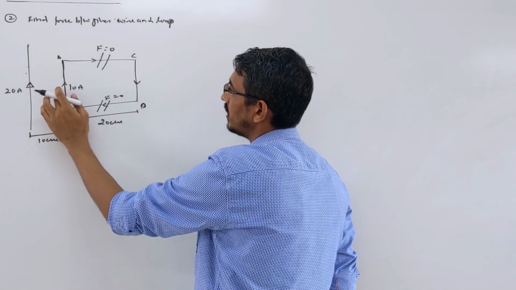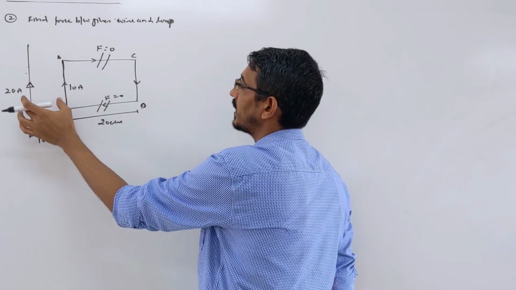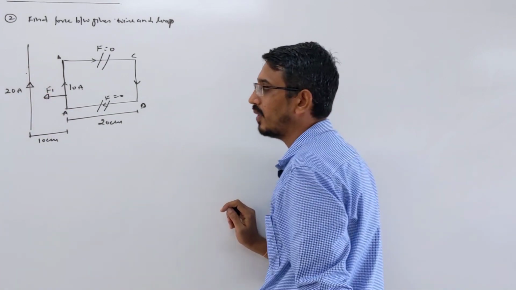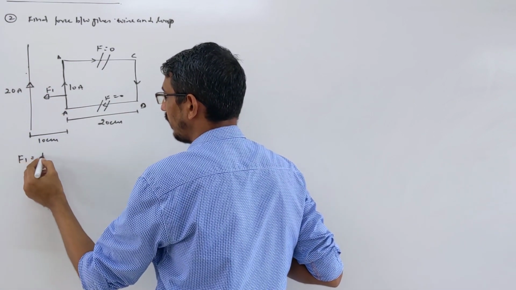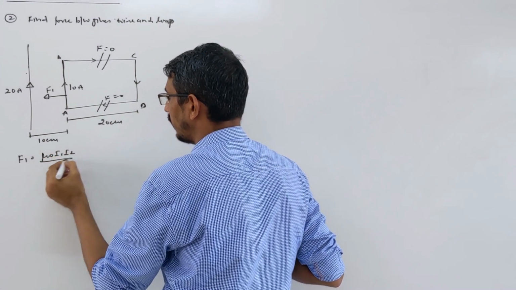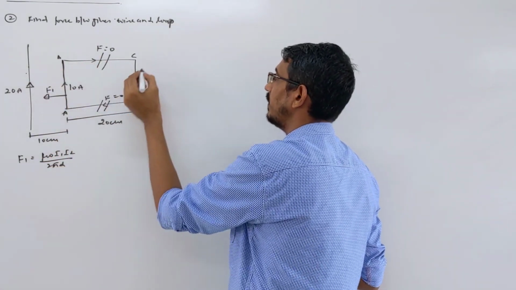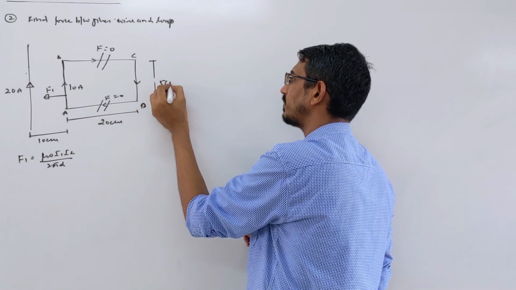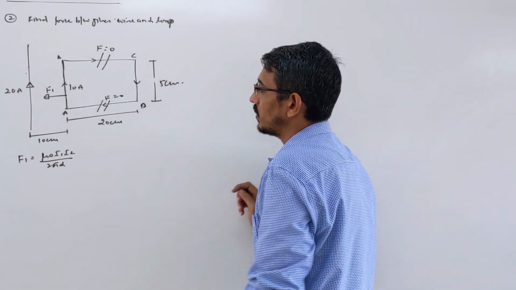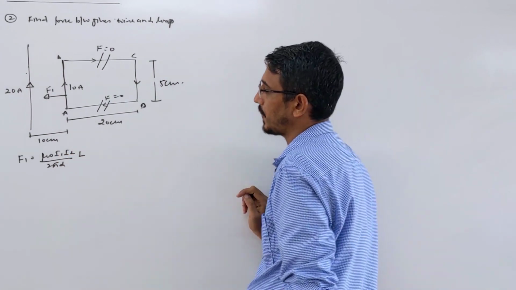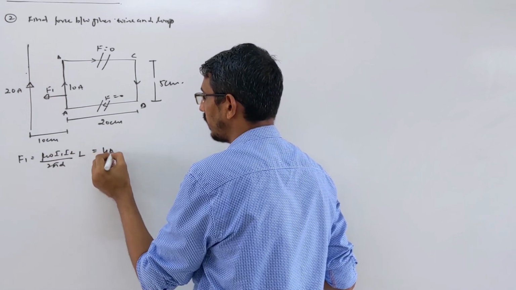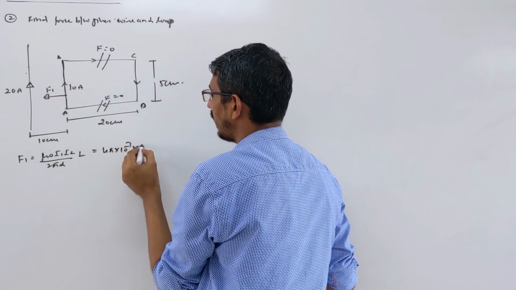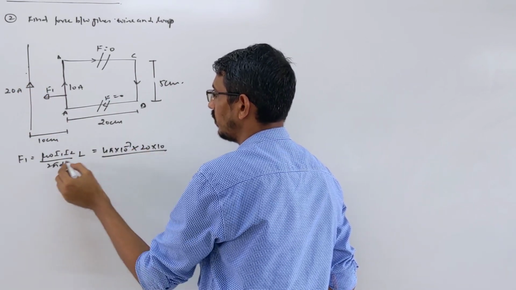So you see the direction of current here is the same. Correct? Both wires carry current in the same direction, so an attractive force will act in that direction. Let's call it F1. So what is F1? Let's calculate. F1 will be mu naught I1 I2 upon 2 pi d into length L. The side was also given, let's say this side is 5 centimeter. Let's put the values. Mu naught is 4 pi into 10 power minus 7. I1 I2 means current here 20 ampere, here 10 ampere, divided by 2 pi d.